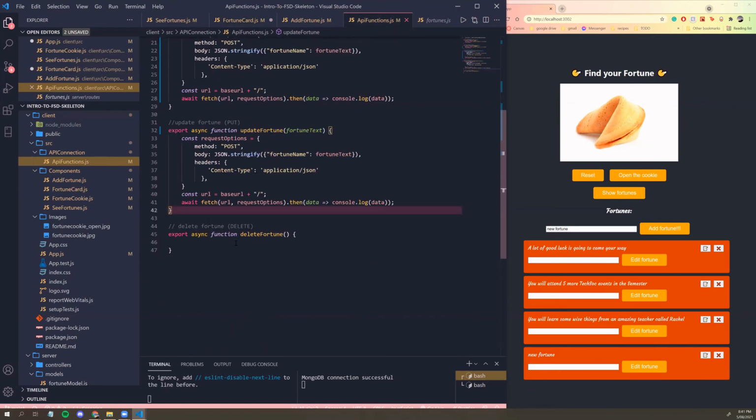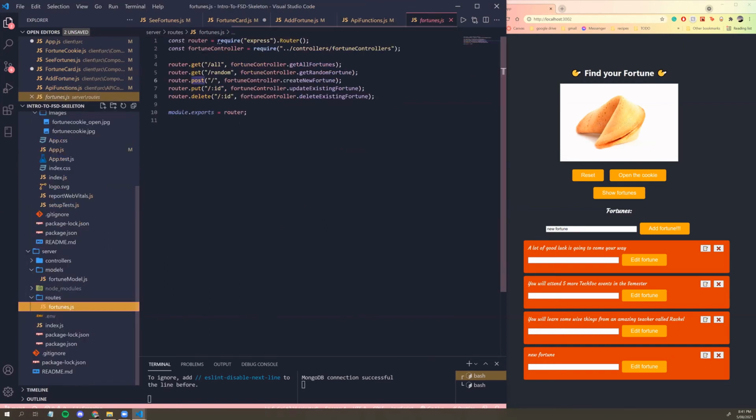So delete is very similar to the other ones. Actually, it's similar in the way that we need a request options, but we don't need all this body stuff, because in our routes, we've defined that for the delete route, the ID will be passed in through the URL parameters. So back to our API functions,